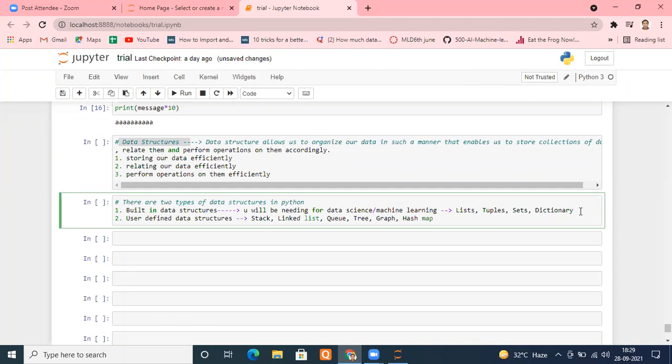I hope you get an idea. So there are two kinds of data structures that you can use: built-in data structures and user-defined data structures. I hope it is clear to everyone.